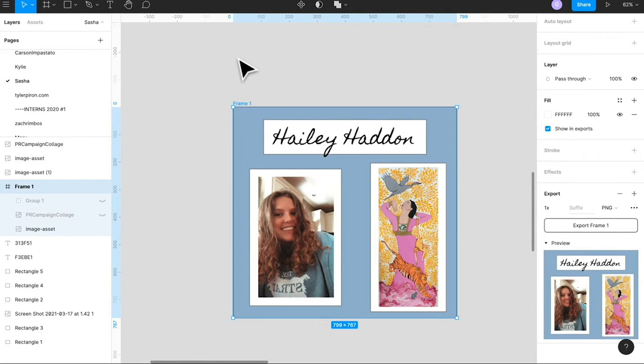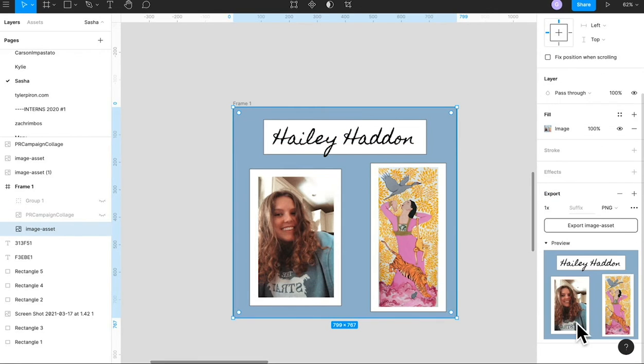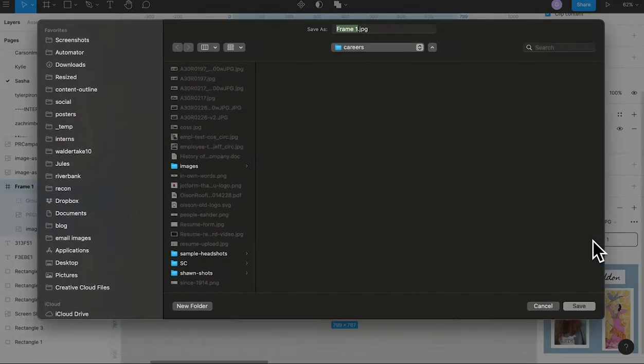I'm going to save these out just like this, and I want to go over that just to make sure. If I click on something like this and hit export, I'm going to see this image, but we're exporting the image, and what we actually want to do is export the frame. So if I go to this frame and hit export, I'm also going to do this as a JPEG because of the image part in there. If it was just all graphical, I probably would do a PNG, but I want to do a JPEG to get that file size a bit smaller. And so I'm going to export this,